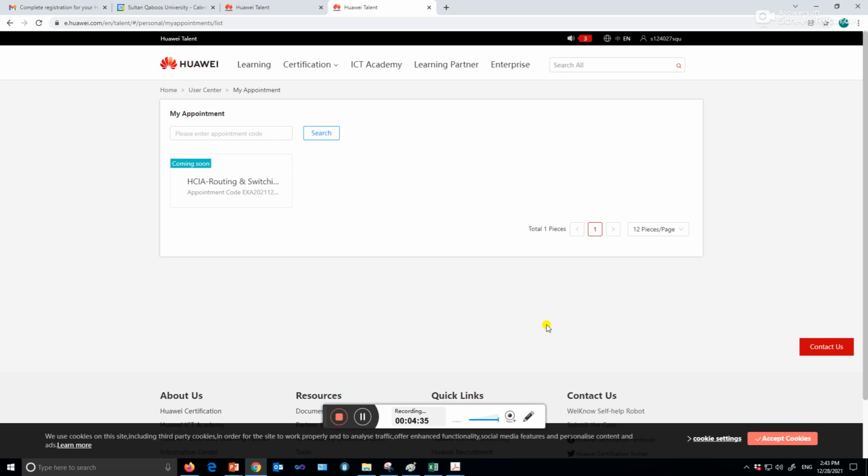You need to just fix it, so you must enter the authorization code to finalize the exam. Otherwise your exam will not be in the system and you won't be able to do the online exam in that case. So in order to bring that exam into your system, into your login ID, because it is an online exam, you have to enter the authorization code and perform this step.